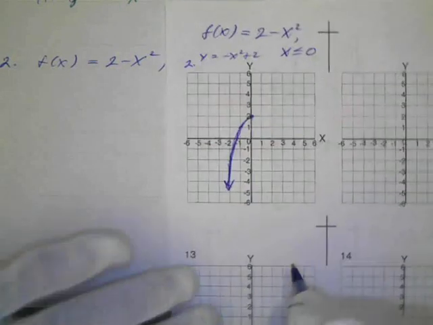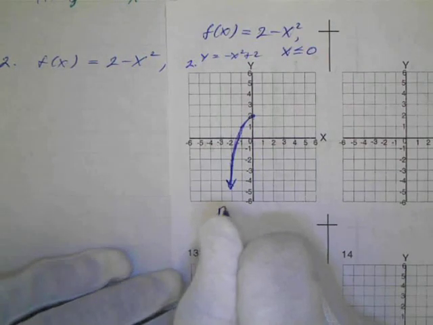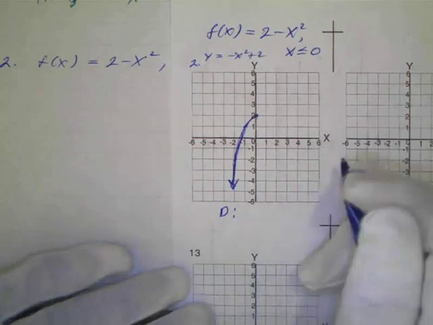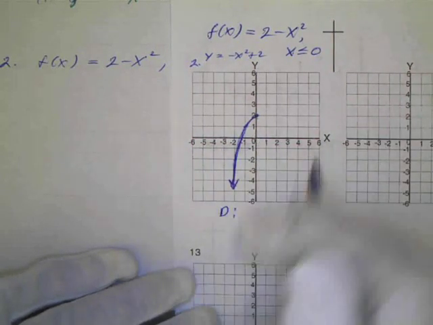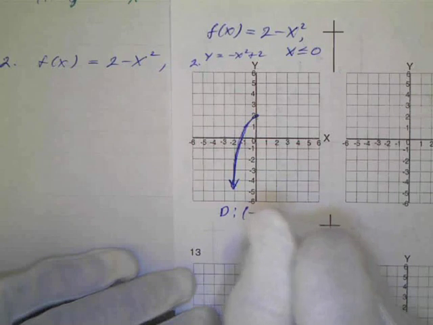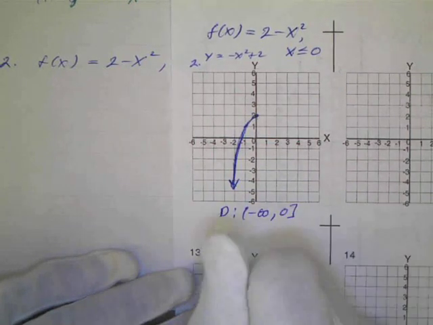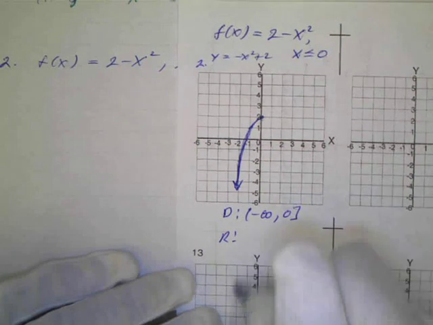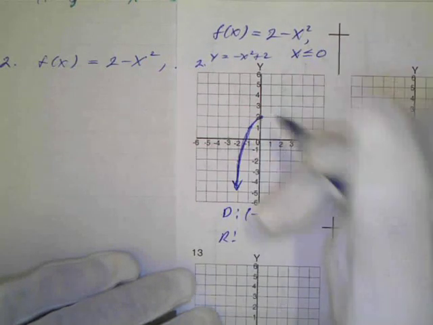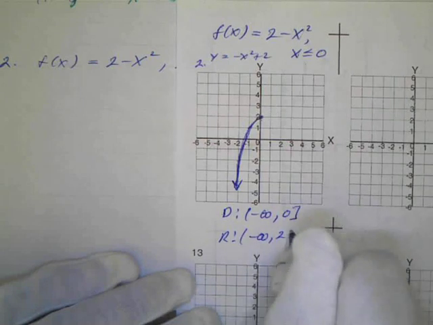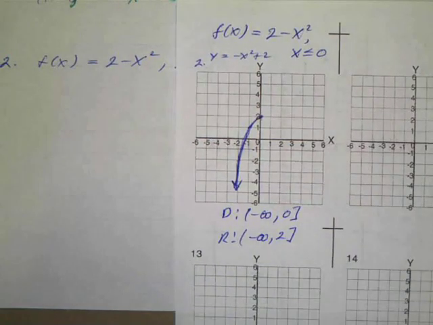So we can look at the domain over here, and this is going to help us find the domain and range of our inverse function. So the domain is going to go from negative infinity to 0. And the range is going to go from negative infinity down here all the way up to 2. That's going to be the domain and range